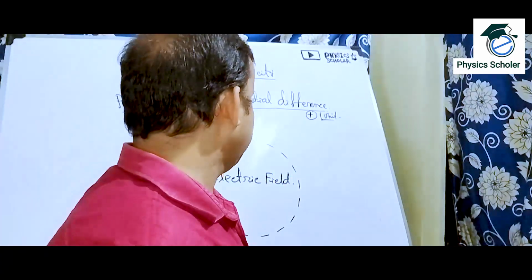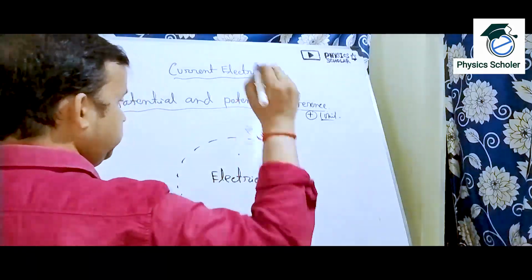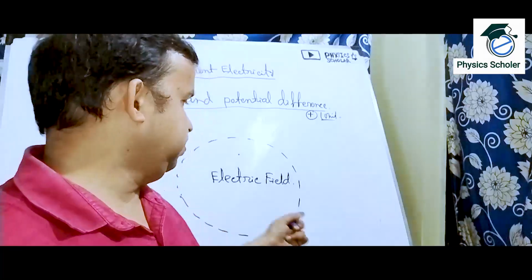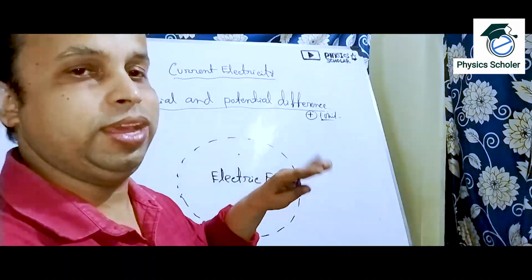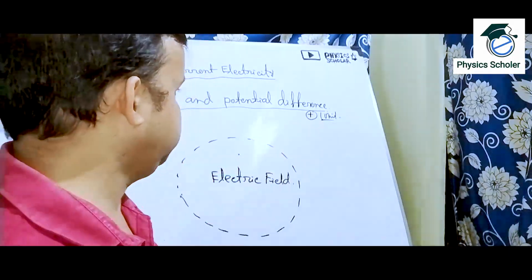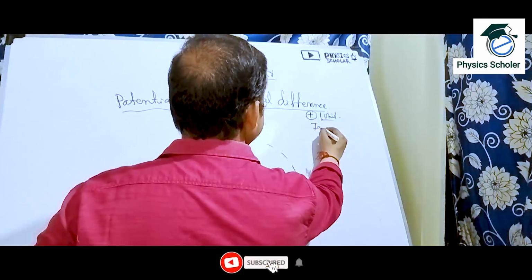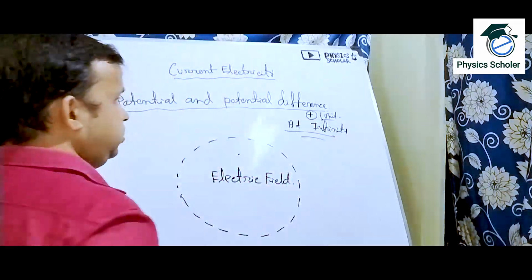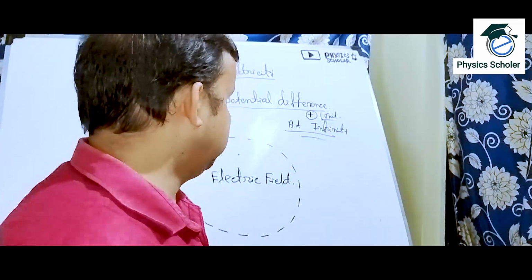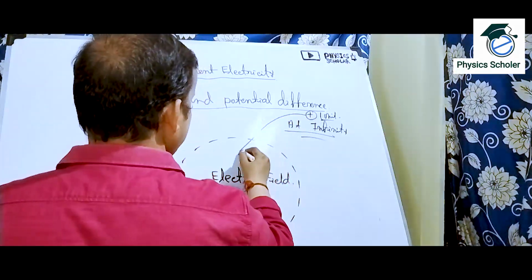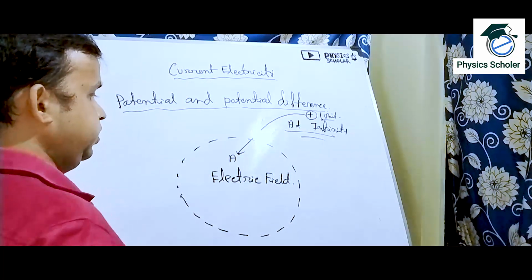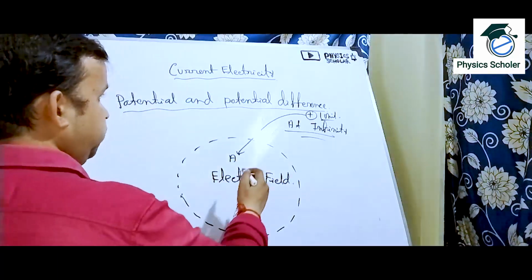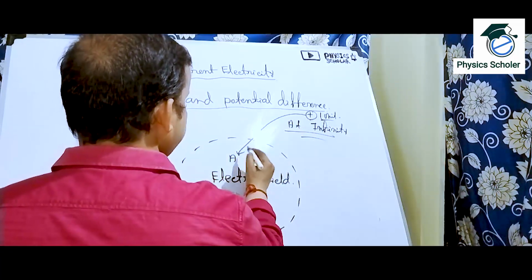Now I am considering only one point in this electric field, one point at any position. It may be at the middle, it may be at the top, it may be in between, anywhere. The unit positive charge is at infinity, and we need to bring it to this point A inside the electric field. Clear? So the work that needs to be done to bring a unit positive charge to this point